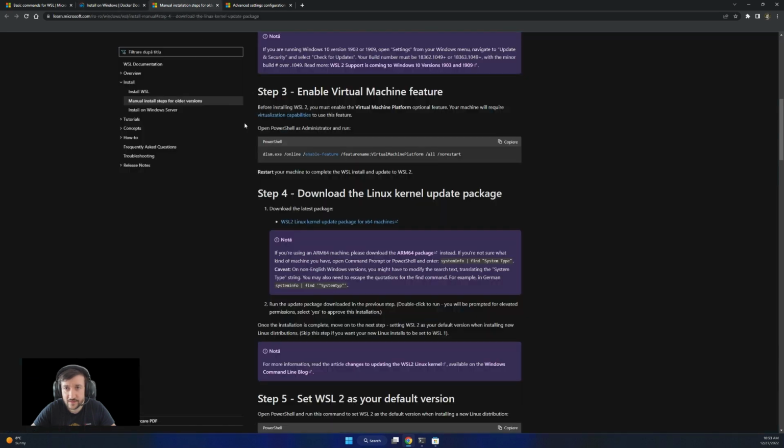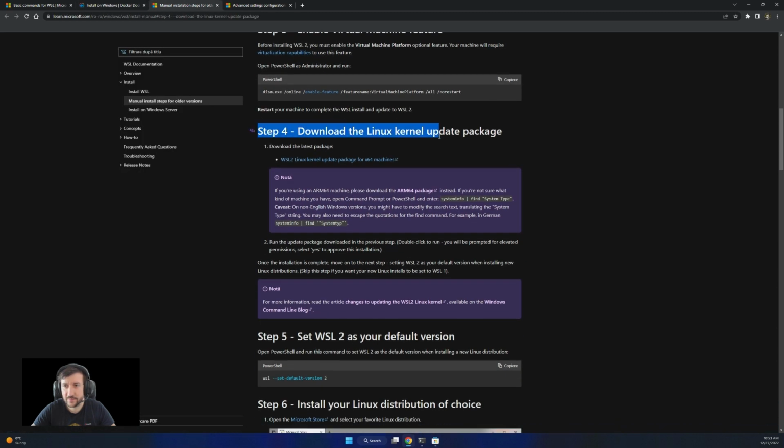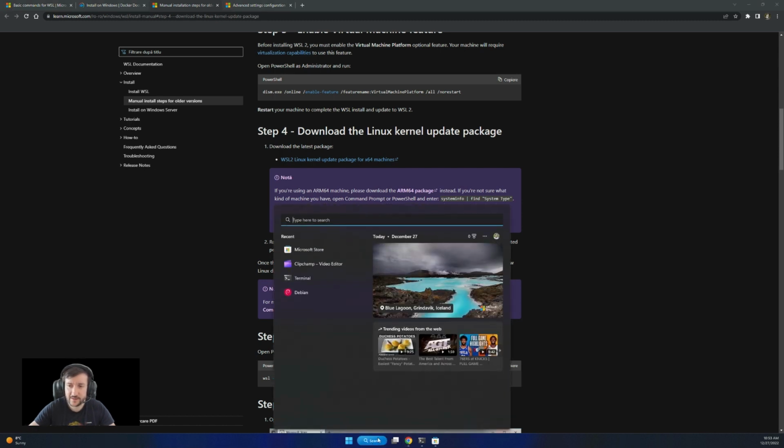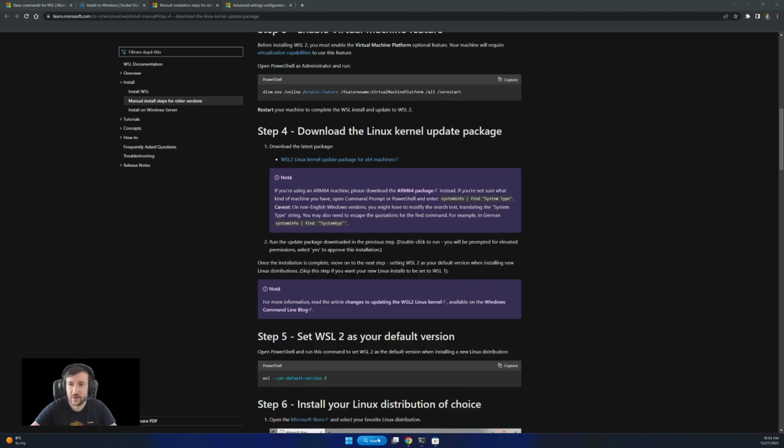This will get you to this page where on step 4 you can find that package. I recommend you download and install it as well. After installing Docker, there will be a restart required as well. So you do the restart and then let's start Docker and see the settings.